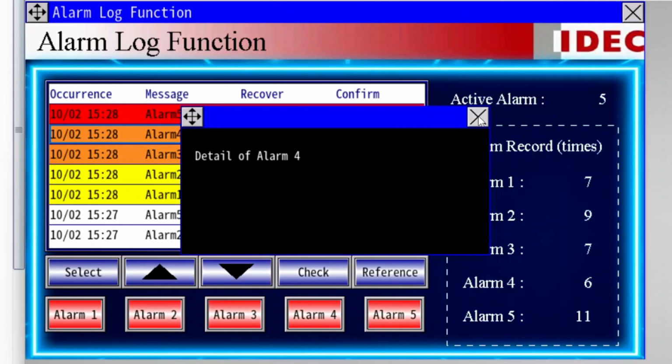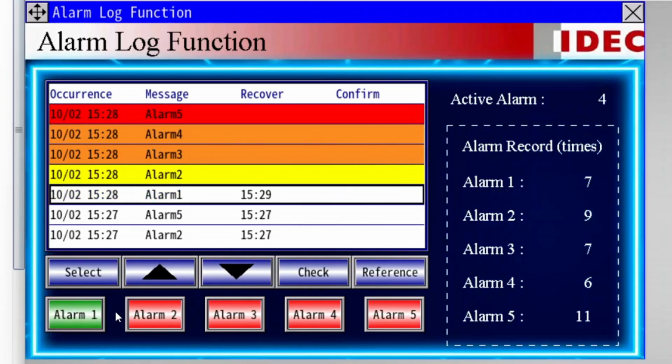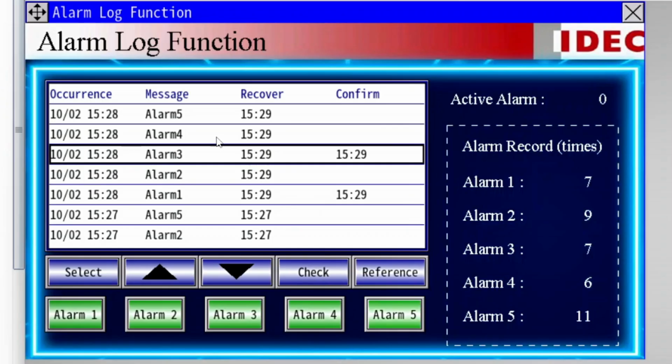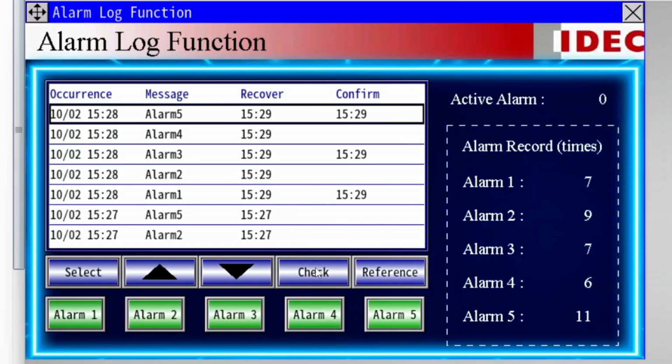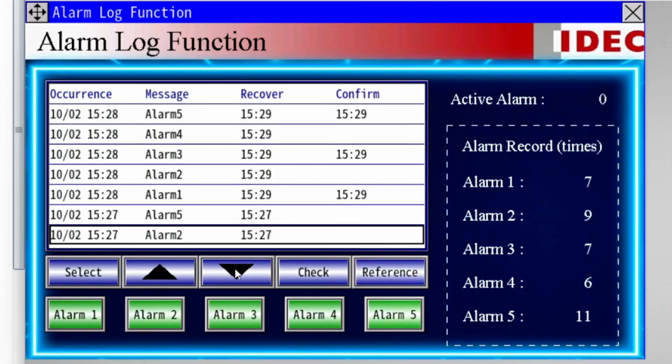We will cover many interesting features, such as automatically displaying a pop-up screen for immediate user notification when an alarm occurs, opening a reference screen to view more details or troubleshooting steps for a specific alarm, storing an alarm record in the HMI's memory so it can be reviewed later, saving all alarm data as a CSV file for further analysis in spreadsheet programs. We'll also cover other interesting capabilities, like triggering an audible buzzer or making the screen flash when an alarm occurs. Alright, so, without further ado, let's get started.